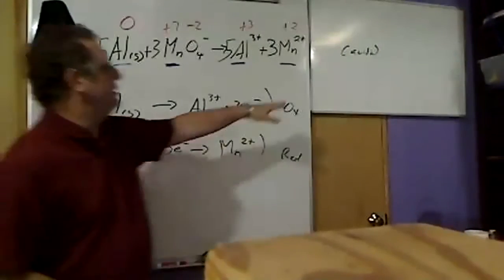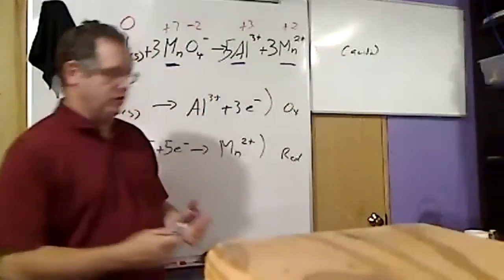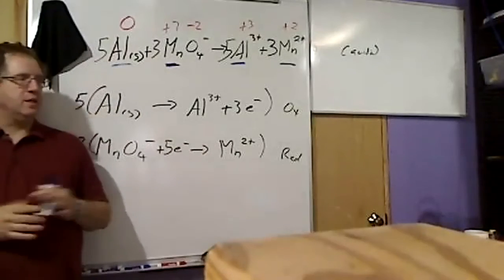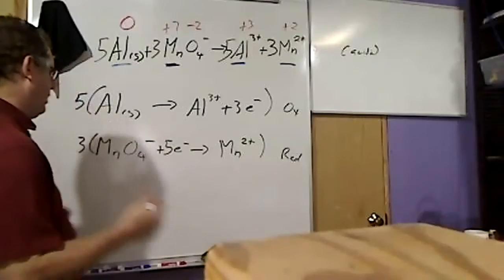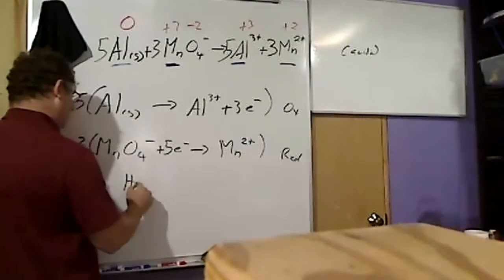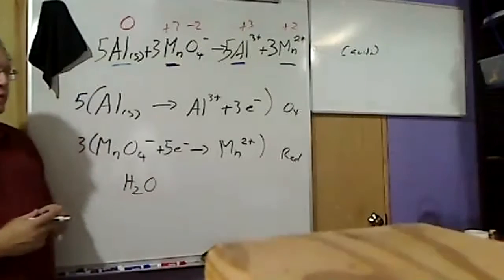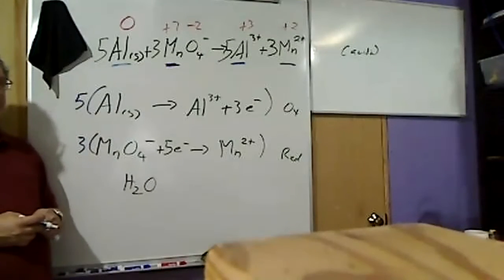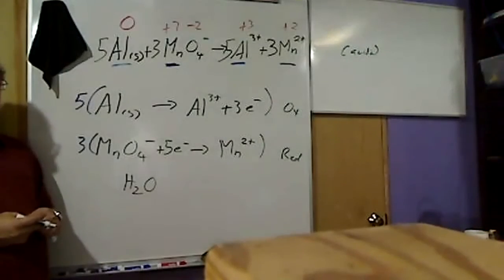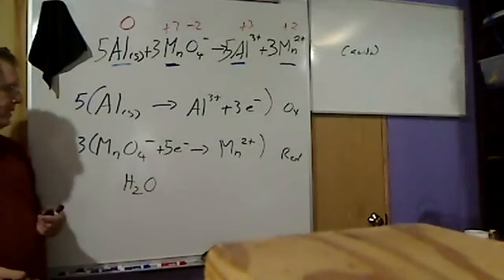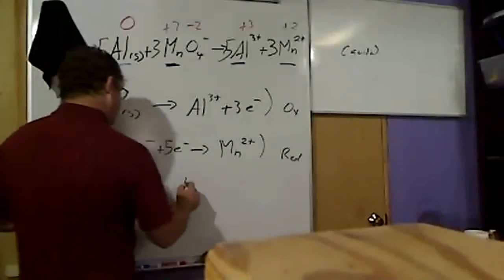And the key is that we have an acidic solution. In an acidic solution, we have 2 things that are present. First of all, our solvent H2O is very much present. We've got waters all over the place. We've got more waters than everything else by a factor of millions, okay? I also have